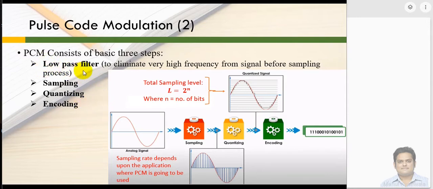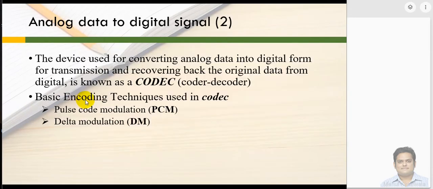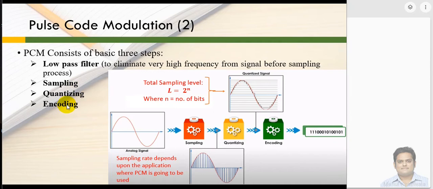We have also added one more additional step before we go for sampling. If you want to eliminate very high frequency values from your original signal, you need to pass that signal through this low pass filter. So this is an additional step, but the major steps are going to be only these three. In any case we are going to apply this, and the same steps we are going to follow even in the delta modulation also. If you understand what is sampling, quantizing and encoding in PCM, it will be quite easy to understand them in delta modulation. Just the technique is different, but the steps we are going to follow are the same, right?